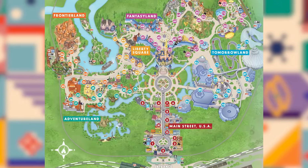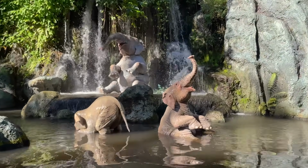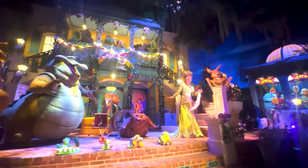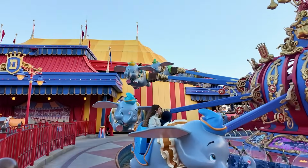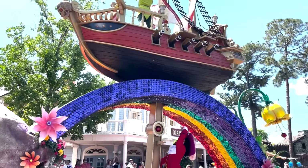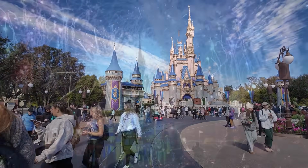Divided into 5 lands, Magic Kingdom is a dreamer's paradise where you can sail the rivers of the world, dance with royalty, travel through time, and blast off to new galaxies. It's the kind of place that brings something new every visit, and there's more to ride, see, and taste than you could ever do in a day. So whether you're planning your first or 50th trip to Magic Kingdom, travel along with me for a complete tour